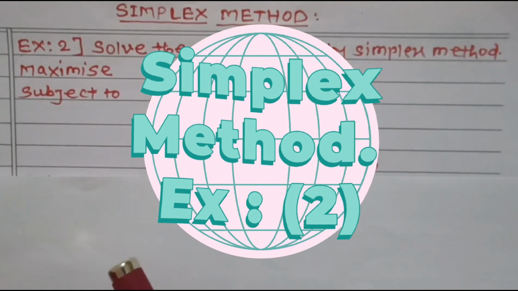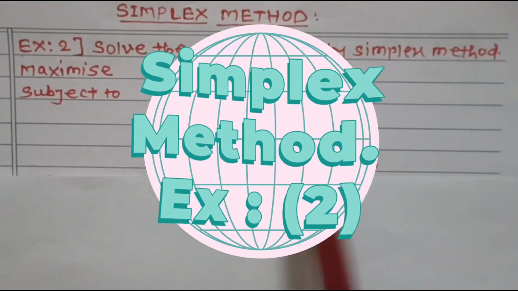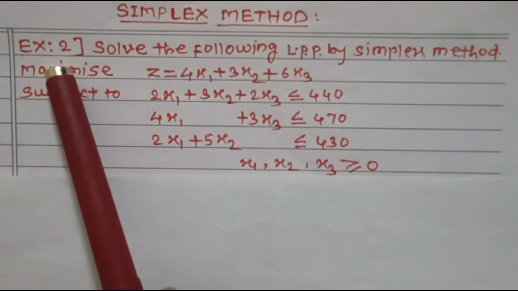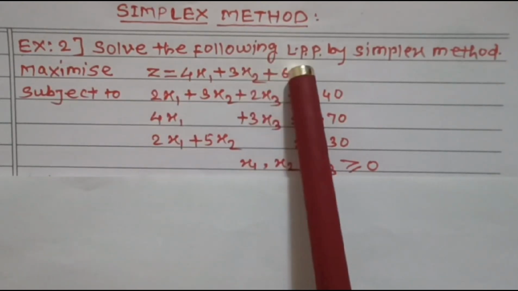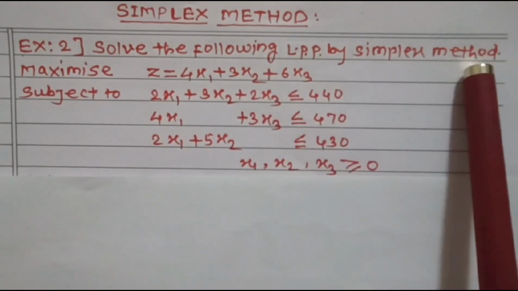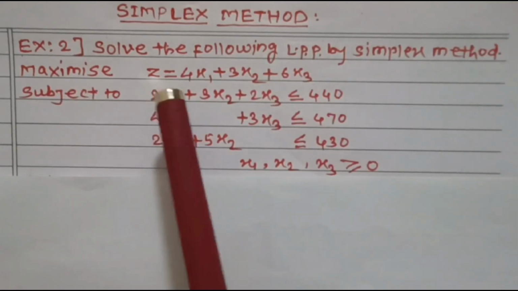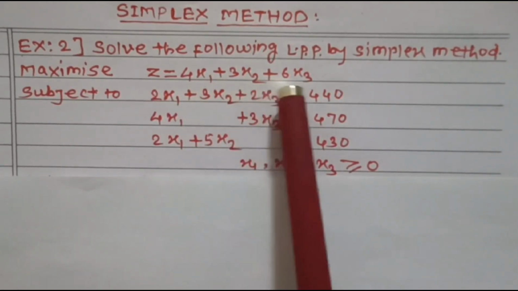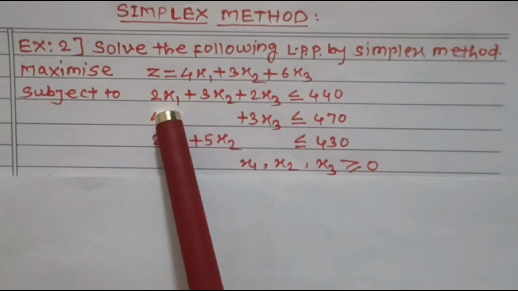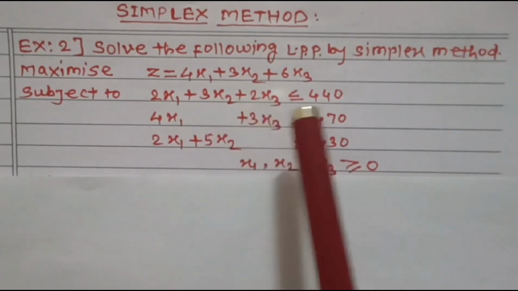Hello everyone. Today we have to solve problems on simplex method. This is example number 2. Solve the following LPP by simplex method. Maximize z = 4x1 + 3x2 + 6x3 subject to 2x1 + 3x2 + 2x3 less than or